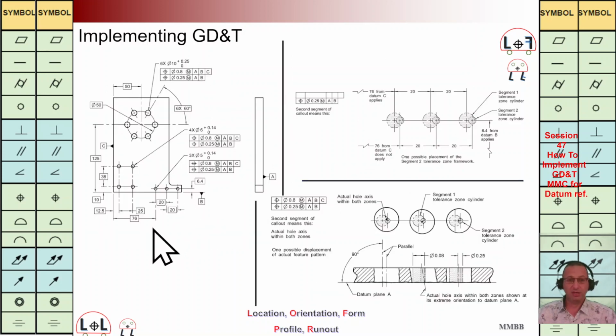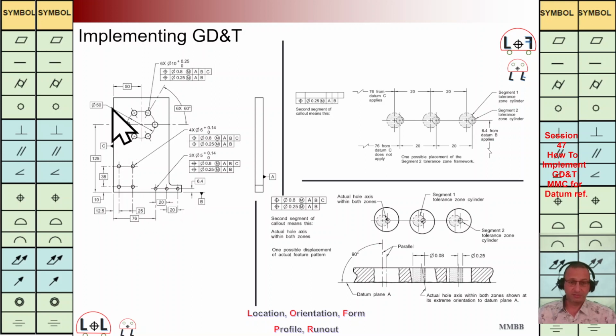Here we have another example. We have 3 sets of holes here, here, and here, and here. Let's talk about this one. What we can see here, we have 2 independent FCFs, feature control frames. At the bottom we have, let's say, TZ 0.25, and at the top we have TZ 0.8. A is located here, B is this plane, and C is this plane. We can see here